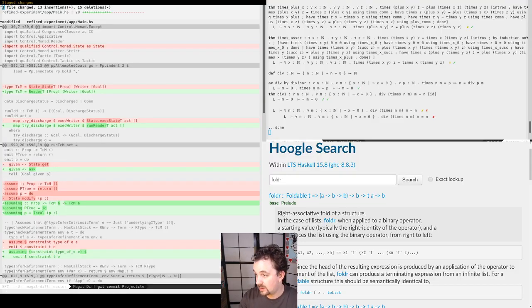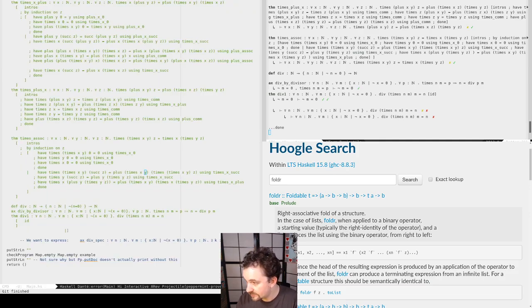Fix: given constraints don't escape their scopes. We can already rearrange that.